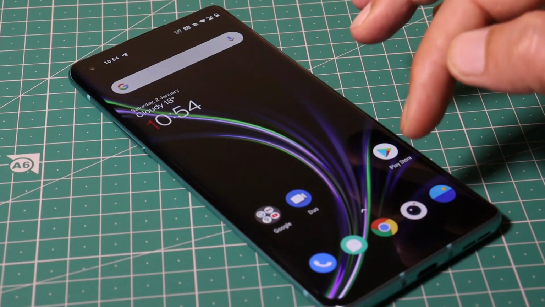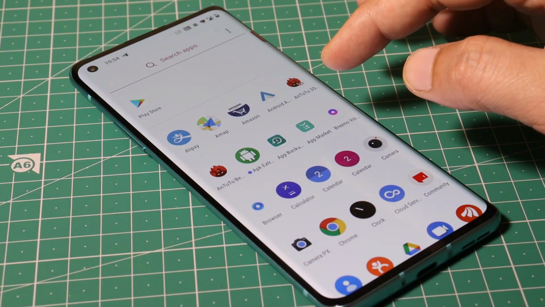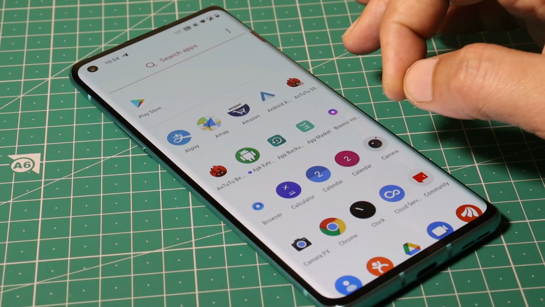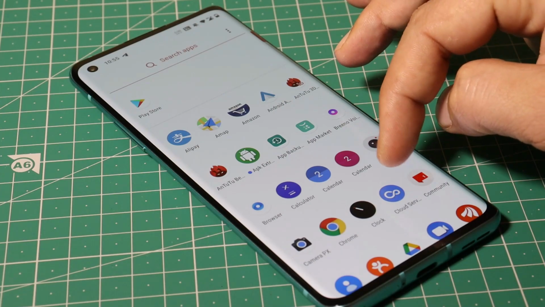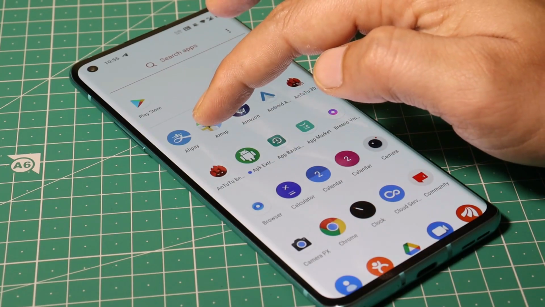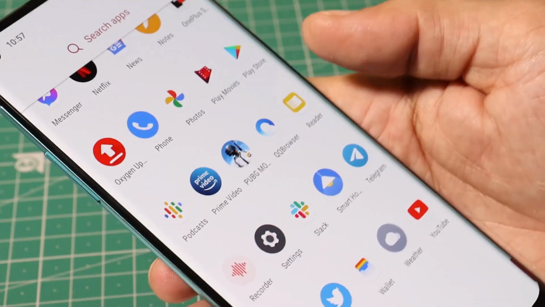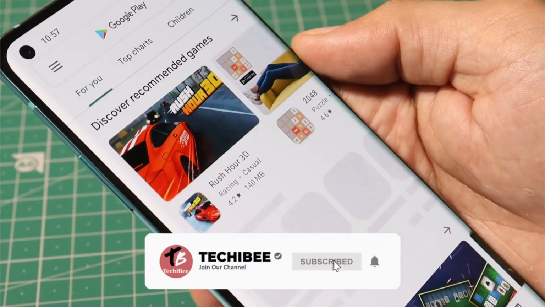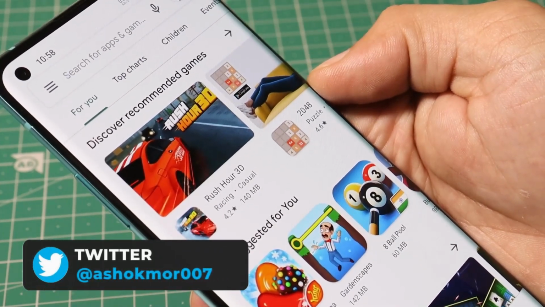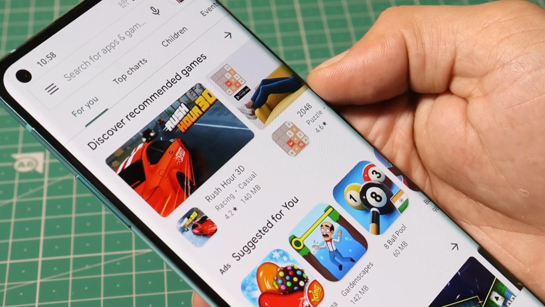If you guys are not aware, Hydrogen OS is a Chinese software for Chinese users, but it can be easily installed globally. Here I have my OnePlus 8, which is an Indian variant on which I have installed Hydrogen OS. You can install it over the current version of Oxygen OS by just performing a local upgrade. Hydrogen OS comes with lots of Chinese bloatware, but those can be easily uninstalled by long pressing on the specific application. Also, Hydrogen OS doesn't come with Google Play Store pre-installed. You need to manually install it if you're performing a clean installation. But if you're flashing it over Oxygen OS, which already has Google Play Store available, then you won't find any kind of issues with the Google Play services or Google apps.